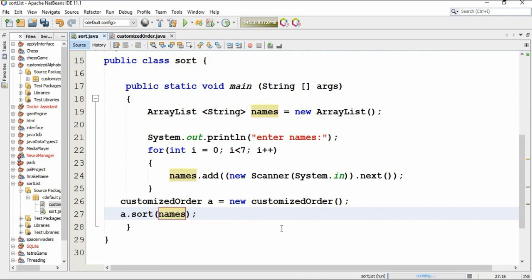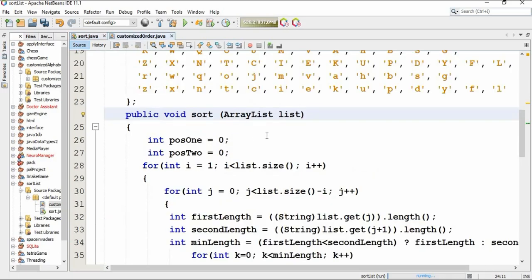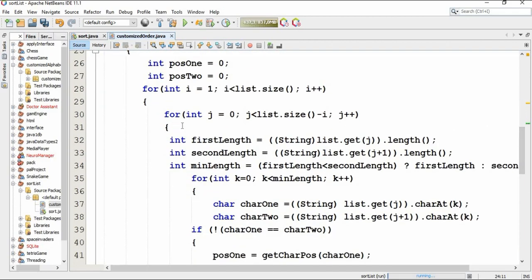Now our program is ready to be run, but before we run it, let's understand a little bit what happens. First of all, the user creates an array list and enters 7 names. Then we pass this list to the sort method. In the sort method, I get my list. Here I use the main for loop to generate iterations, and the nested for loop here in order to access